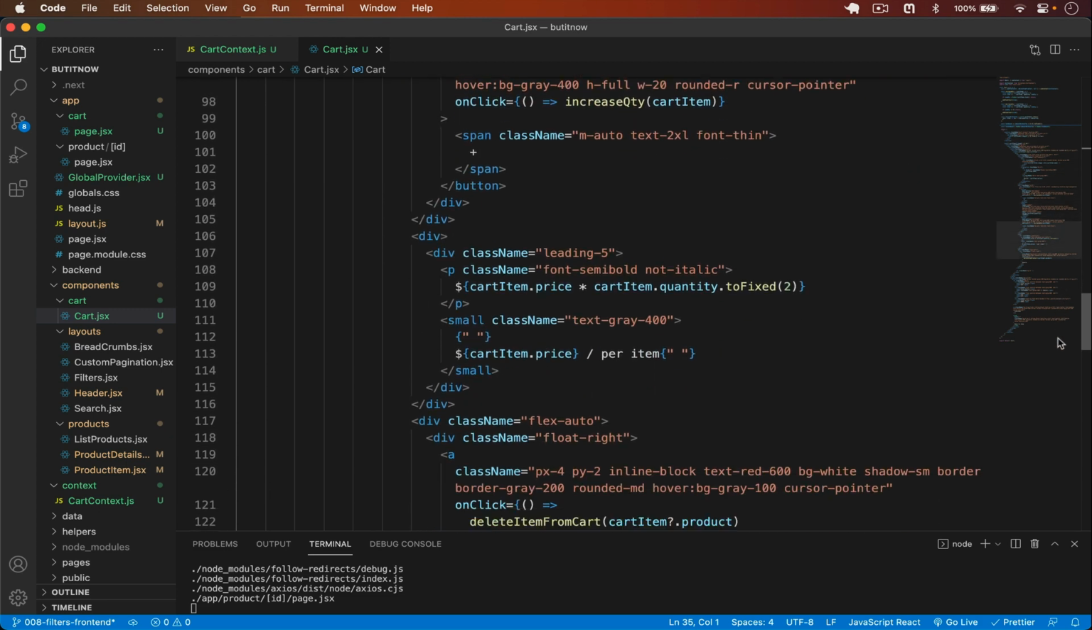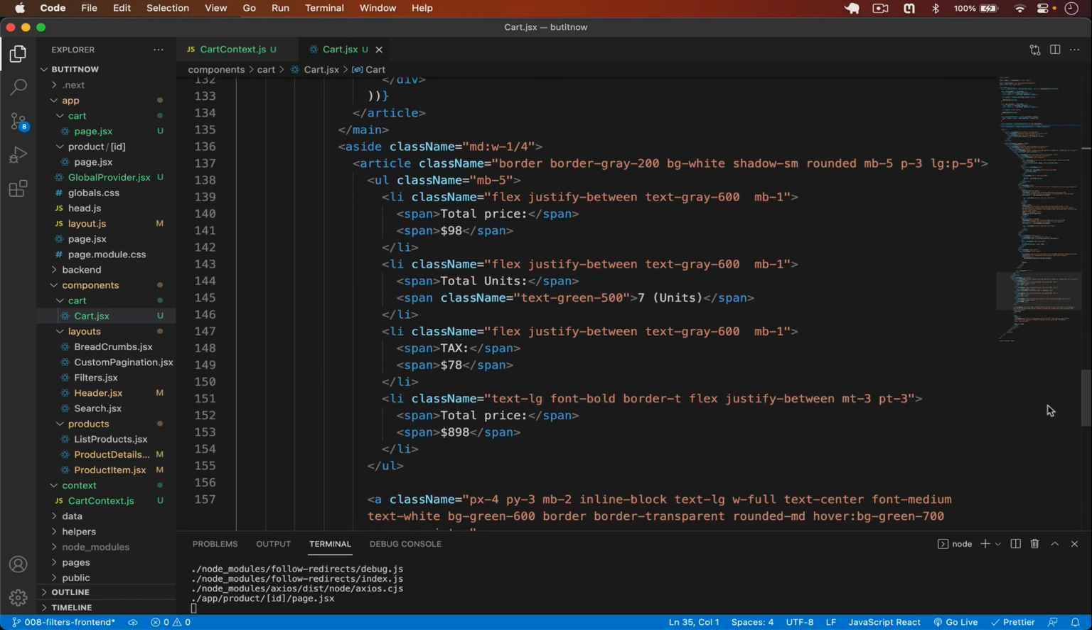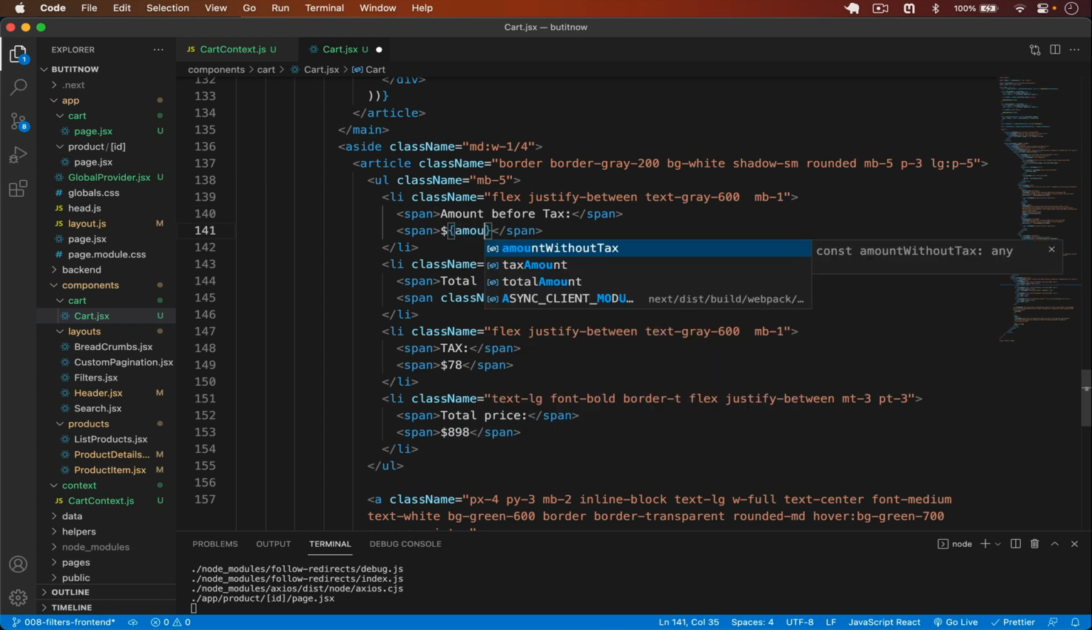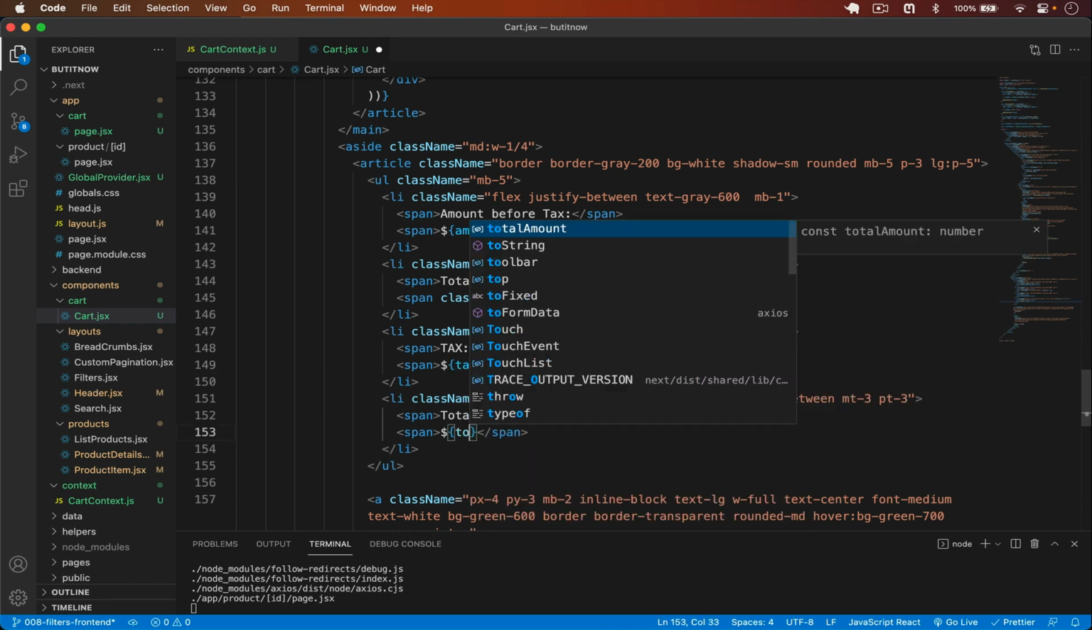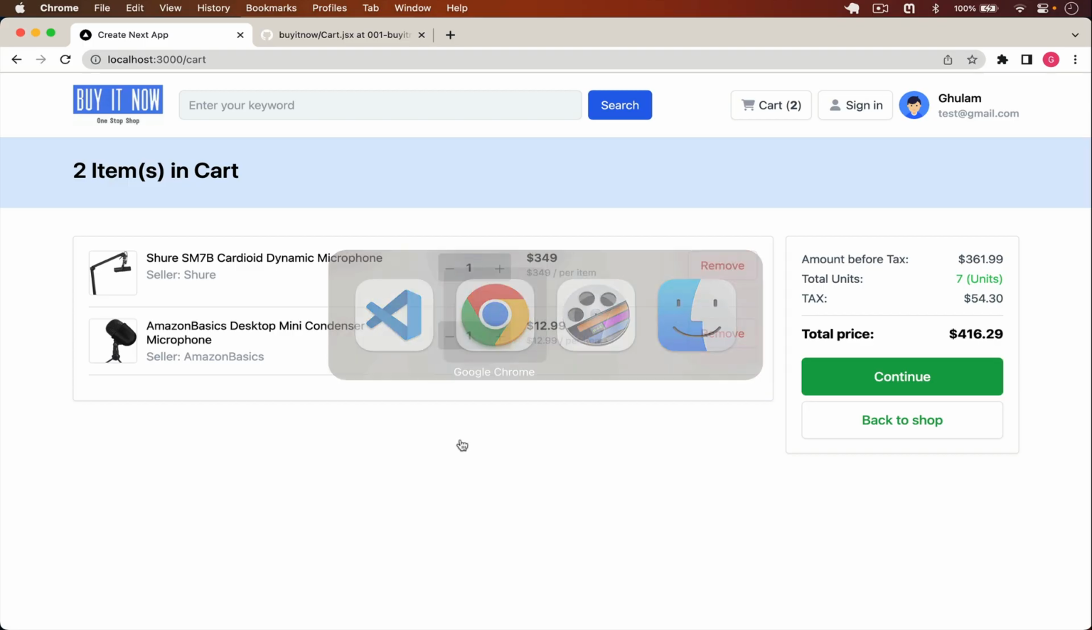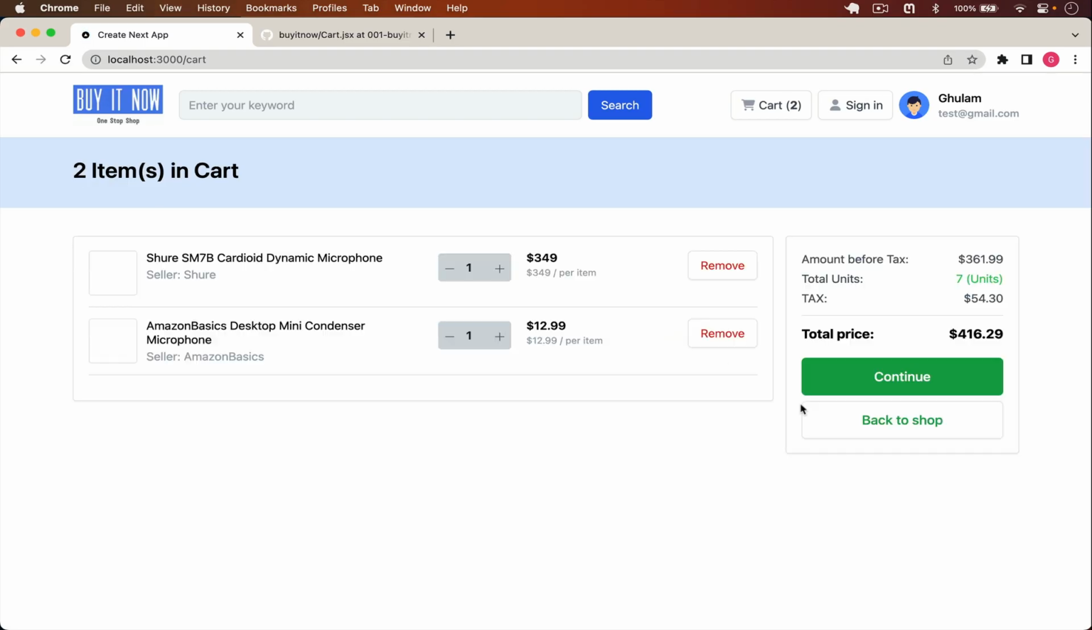So if I scroll down, for the total price I will add here, I will call it price or amount without tax, amount before tax, and that is going to be amountWithoutTax, and then we have to display the tax, so that is going to be taxAmount, and then the total amount, that is going to be totalAmount. If I simply save it and go back, and if I reload this page,